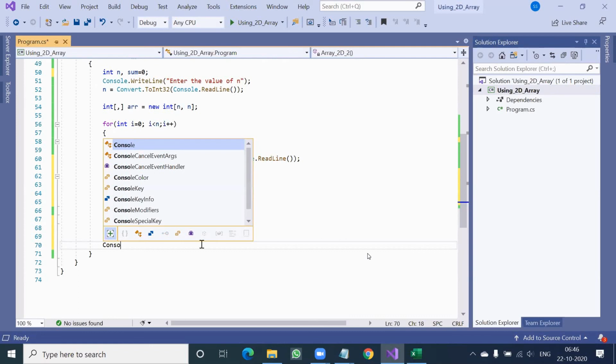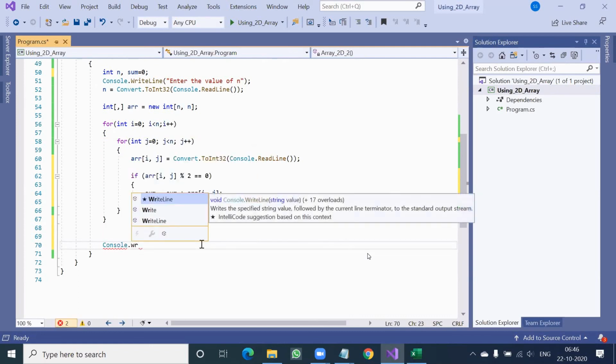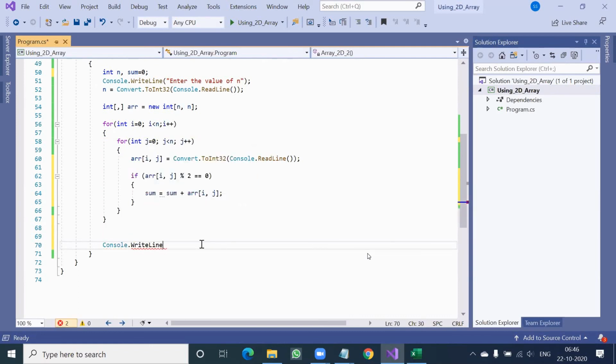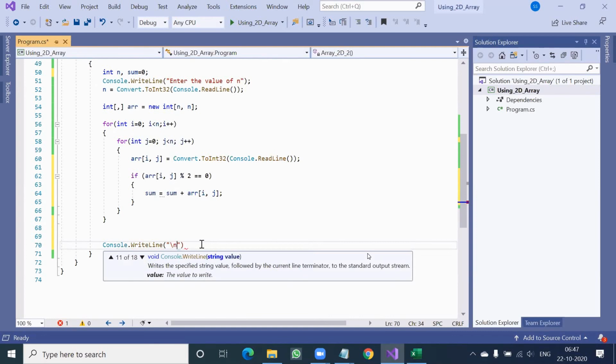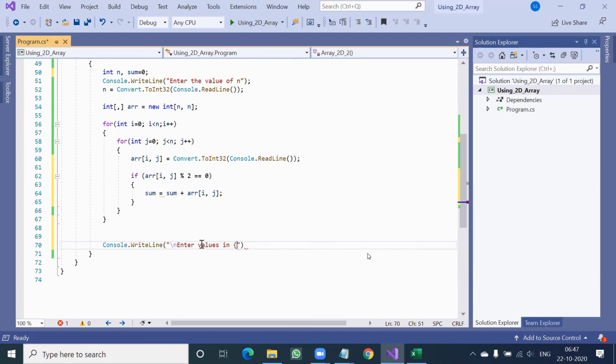So Console.WriteLine, \n indicates a new line. I want to give a line gap. So \n entered values in n by n format. N by n format means you can say 0 x 1 format.